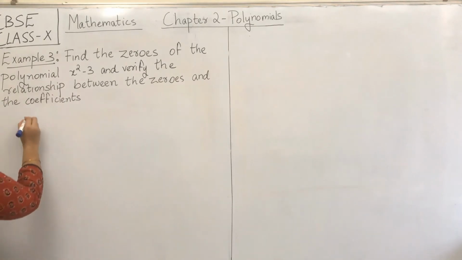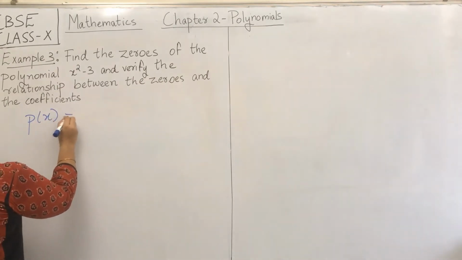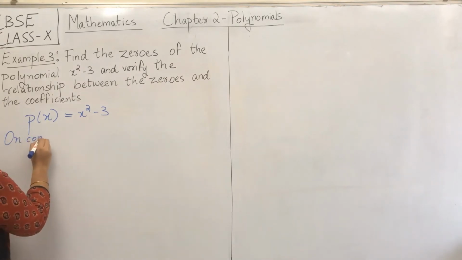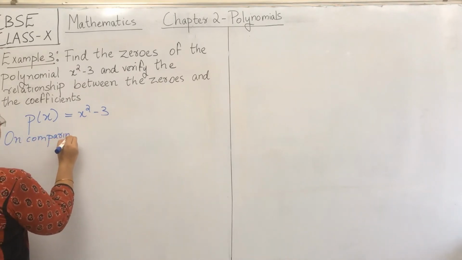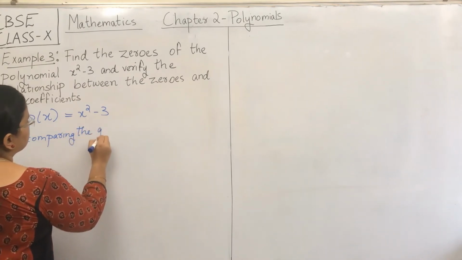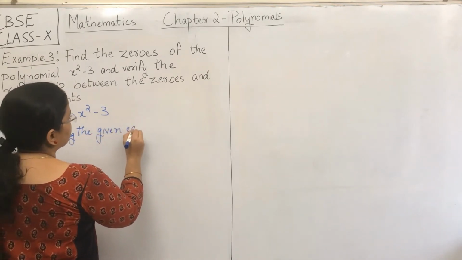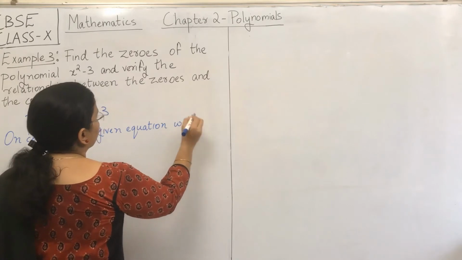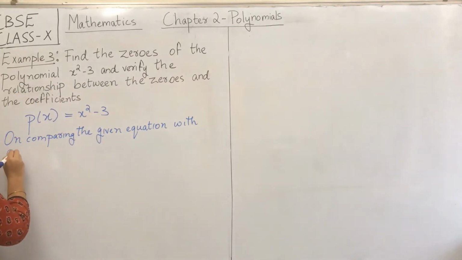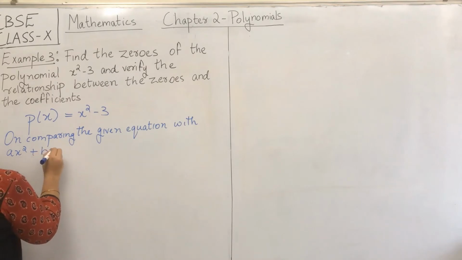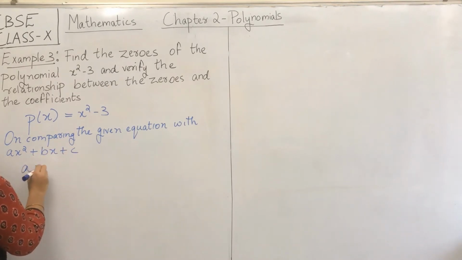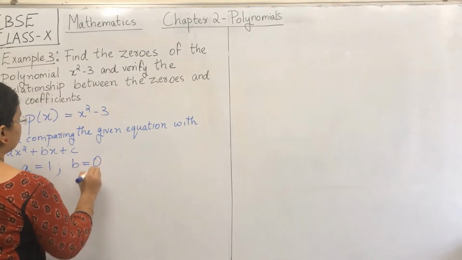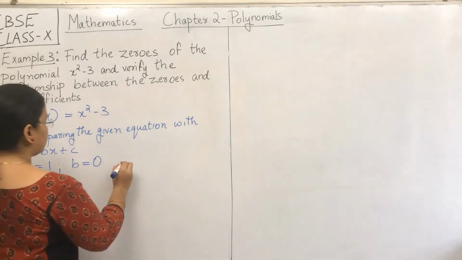So firstly, p of x equal x square minus 3. On comparing the given equation to the general form of quadratic polynomial, that is ax square plus bx plus c, we can write a equal 1. It's the coefficient of x square, and the b term will be 0 because there is no x term, and